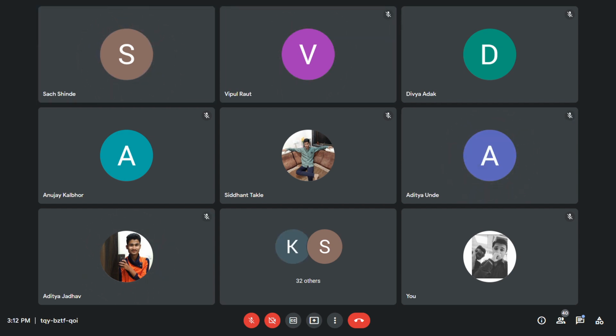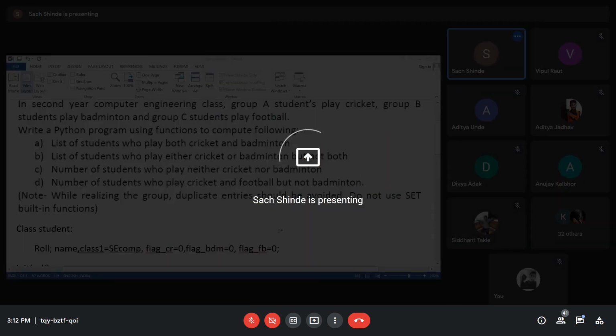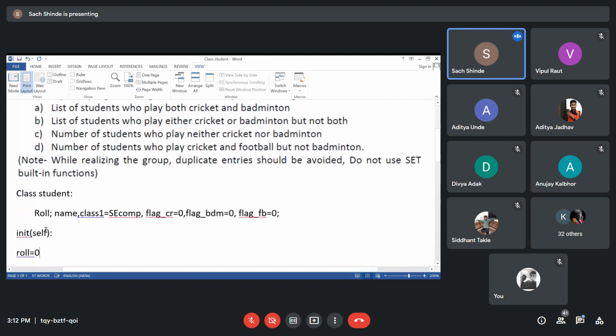So I'll share the screen again over here. What we have done, we have created a class named student, and within the class, we have some attributes that we have defined.